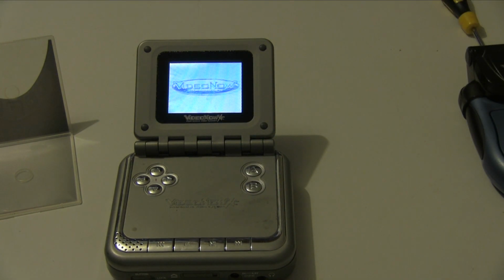Check it out! It's VideoNow! Congratulations! You now own the latest innovation in entertainment technology. What else would you want? VideoNow is the best portable mini video disc player ever. It's really cool. Watch many of your favorite shows, anytime, anywhere. All the coolest shows. Take it with you in the car, on the bus, at home, and outside while you're on the go. My favorite shows in the palm of my hand. Collect all the VideoNow discs and enjoy the best in endless entertainment. Choices. Lots of choices. Your instruction booklet includes every...